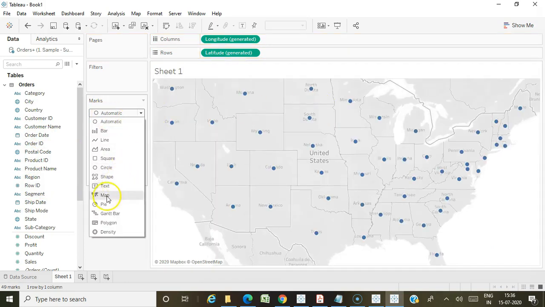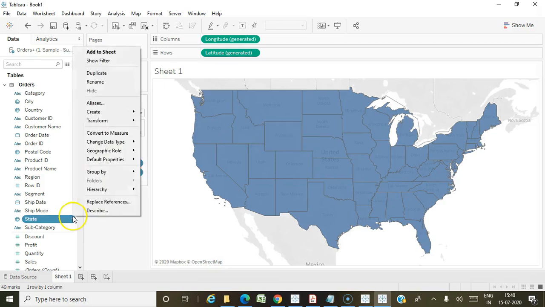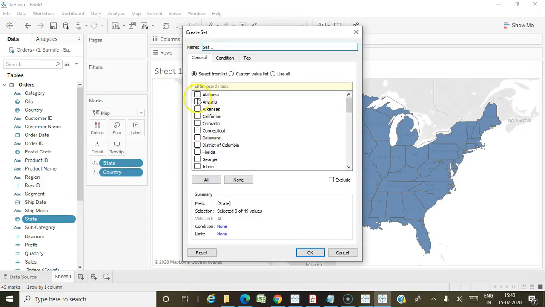I'm creating a filled map. Now I'm going to create a set using the state column. I'm randomly selecting a few values. I have selected some 10 values, click OK.